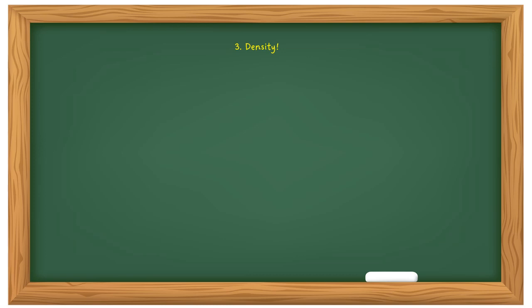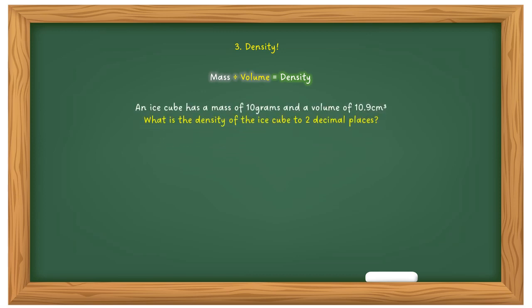Now let's look at density. Okay, it's similar to the formula for speed. Now it's mass divided by volume equals density. They'll give you the clues in the question. You can see in the question they'll give you the mass, they'll give you the volume and ask you to work out the density. So you know these two numbers are going to be involved. So it's just remembering that you take the mass and divide it by the volume, and that will give you the density. In this case, 10 divided by 10.9 gives you 0.92 grams per centimetre